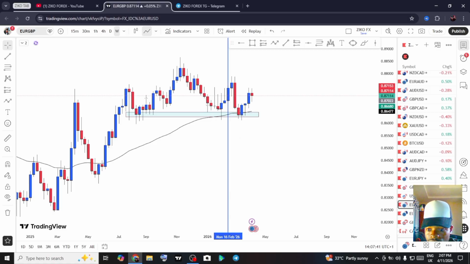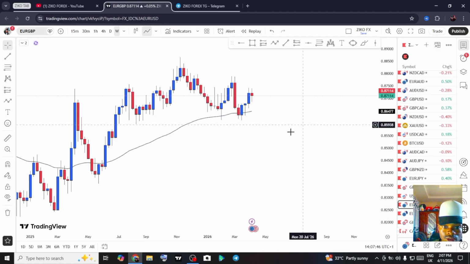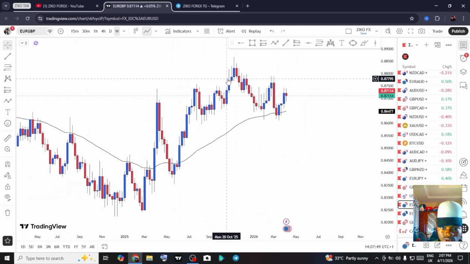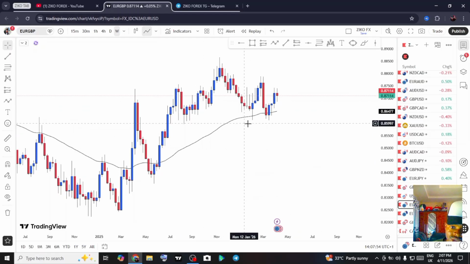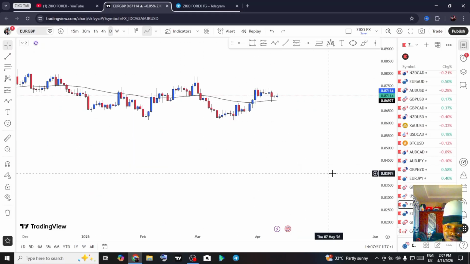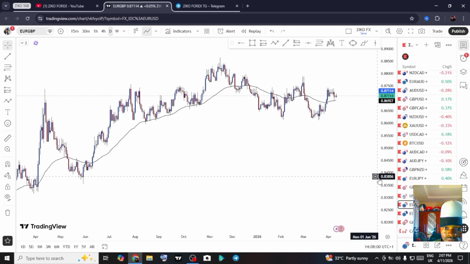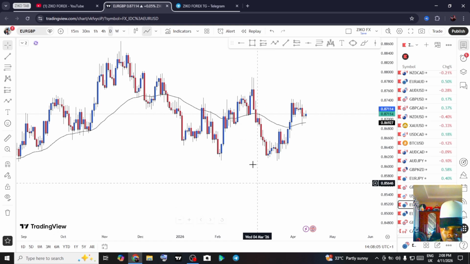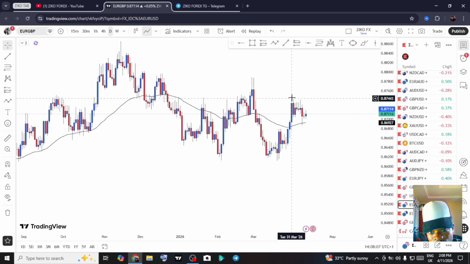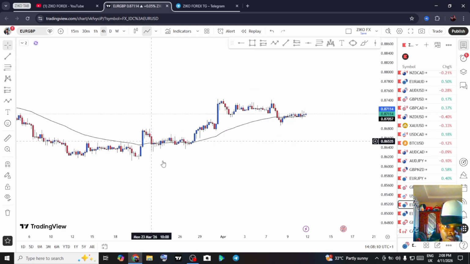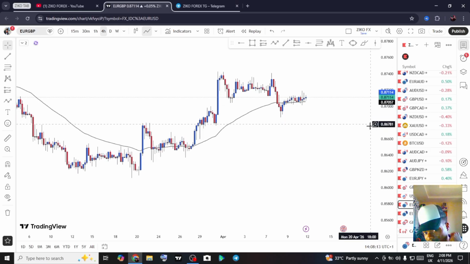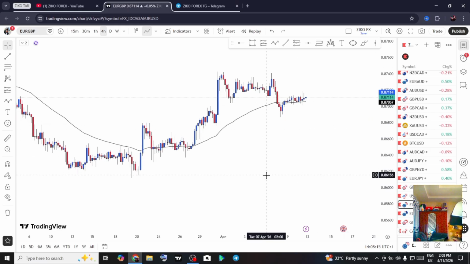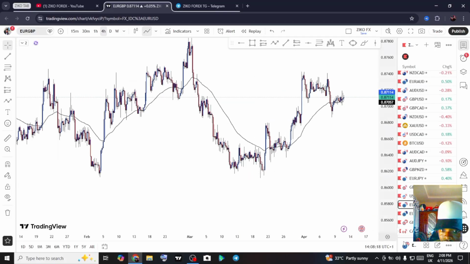Euro GBP. Let's see what we have there. Okay, so weekly time frame. This is weekly time frame, right? Weekly time frame shifted bearish, and okay, weekly time frame is bearish right now. Daily time frame is technically bullish, and 4-hour time frame is bearish. So we don't even have 2 time frame in sync, right? So next pair,